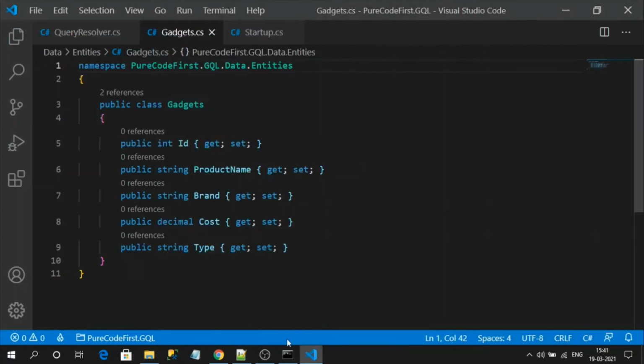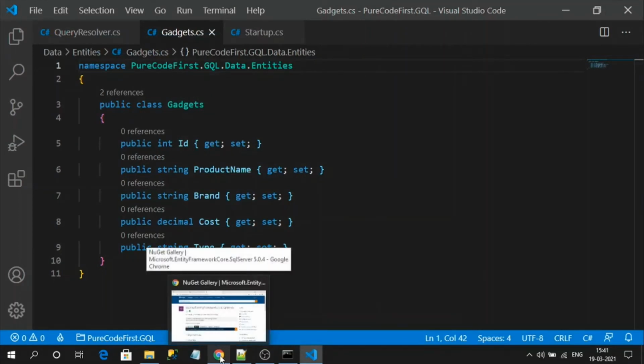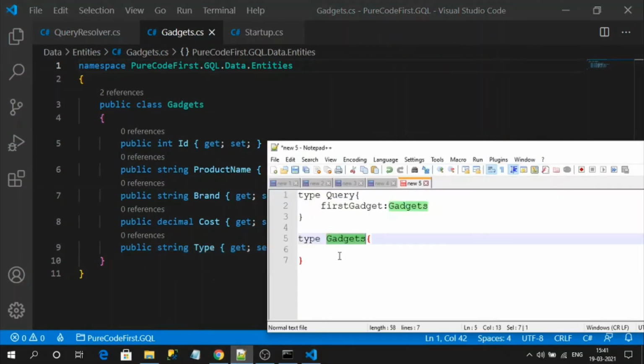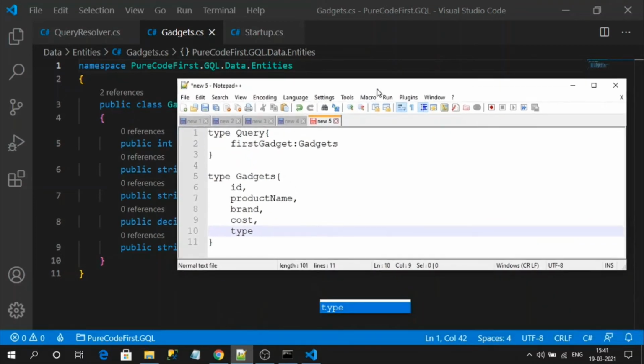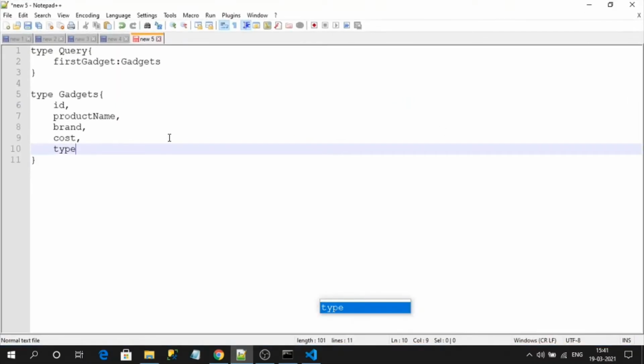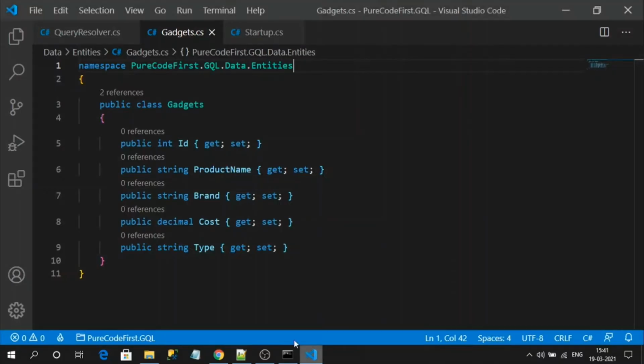The type name will be capitalized, but its properties will again be generated in camel case. Like this, it will generate product name, brand, cost, and type. So this is the schema that is automatically generated from the code we have written till now.